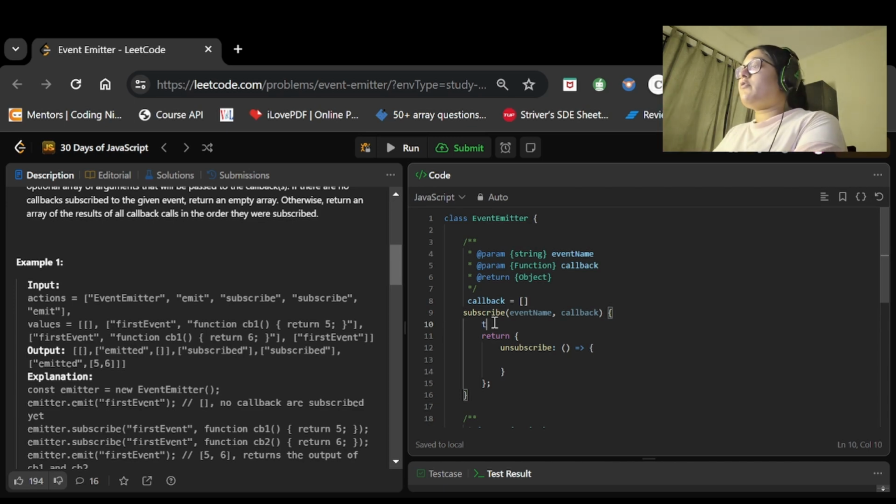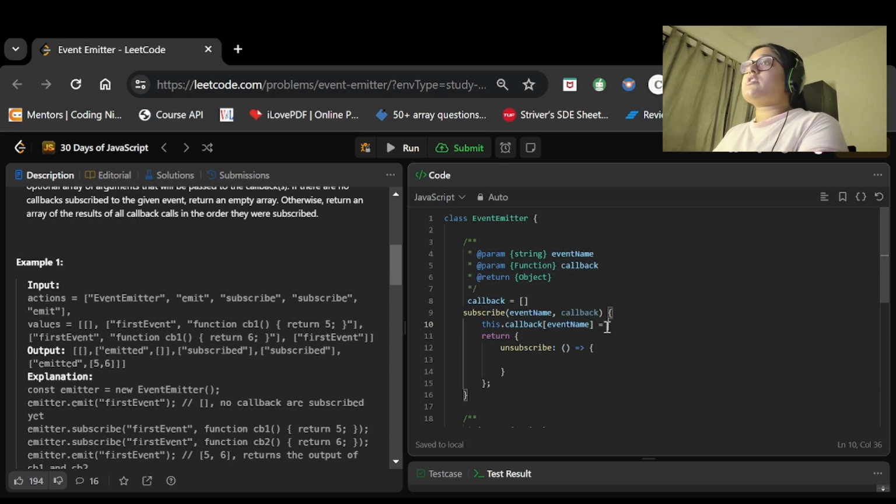function. So here before doing anything, we will check if the callback has any event. Okay, callback has any event. I will use the same here. For this event name, does it have any value or not?